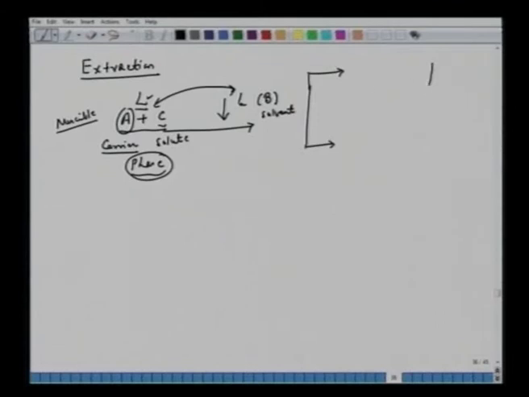We can visualize, we have taken A plus C, we have added B, we stir them for a sufficiently long time, allow them to settle. We will have two liquids, two distinguishable liquids. They are separated now by densities. Heavier liquid will settle here, lighter liquid will settle on top of it. All right. Visually you should be able to see that there are two phases, L1 and L2.